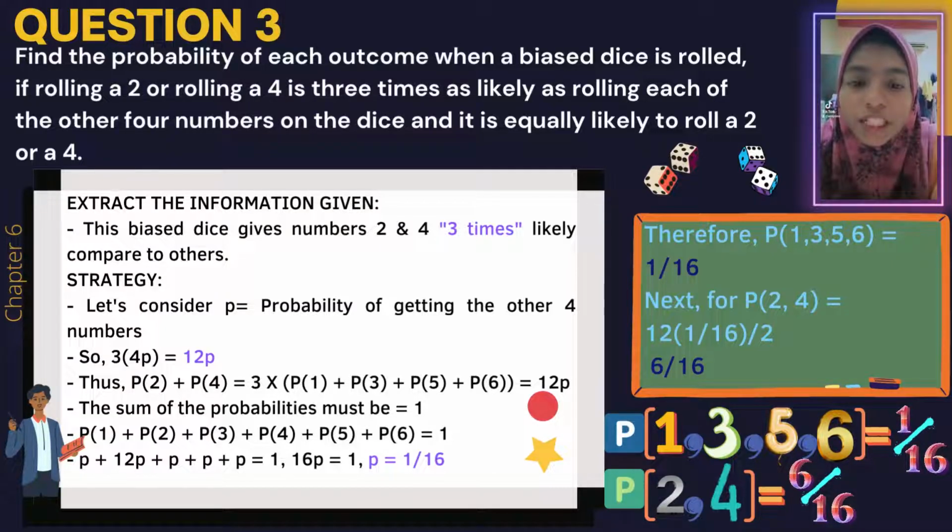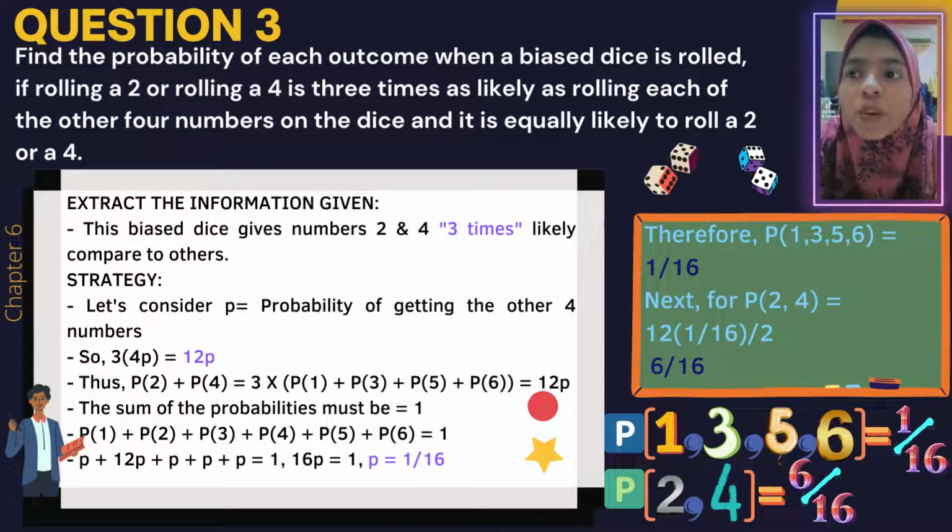Alright, for question number 3, chapter 6, find the probability of each outcome when a die is rolled. Rolling a 2 or rolling a 4 is 3 times as likely as rolling each of the other 4 numbers on the die, and it's equally likely to roll a 2 or a 4. Okay, to solve this question,